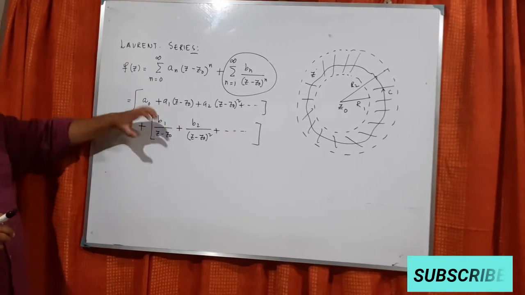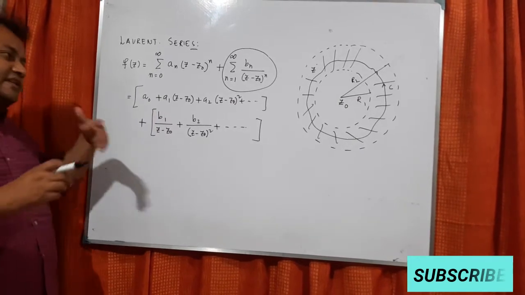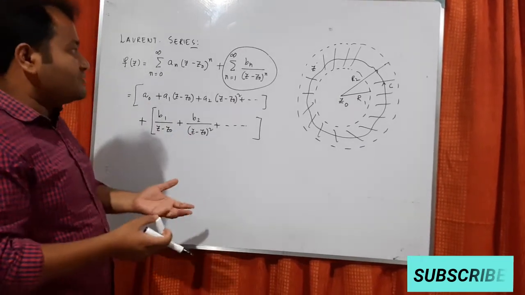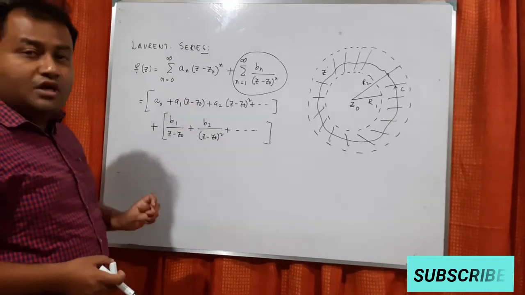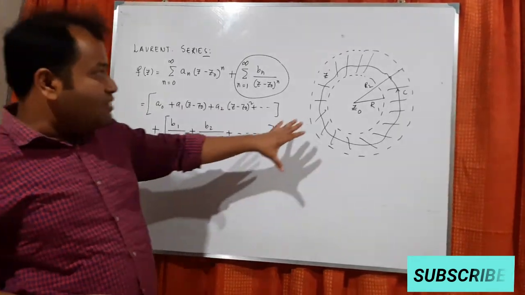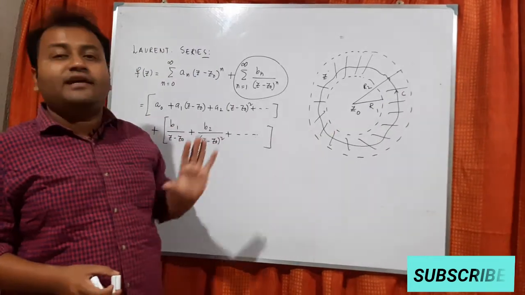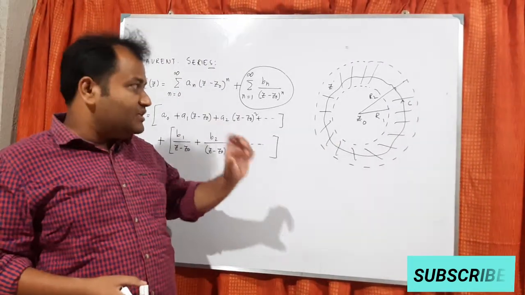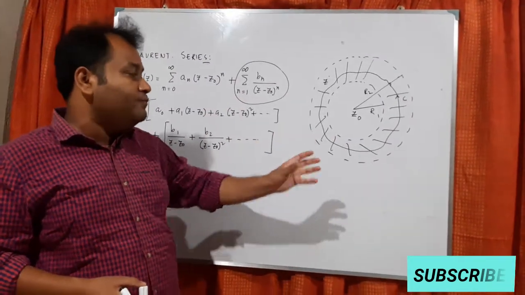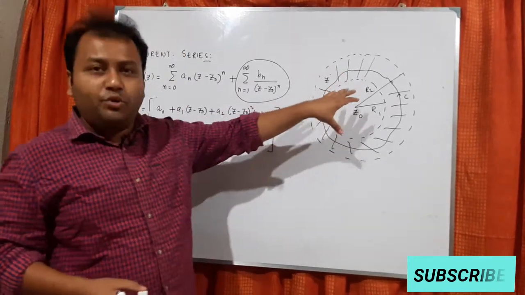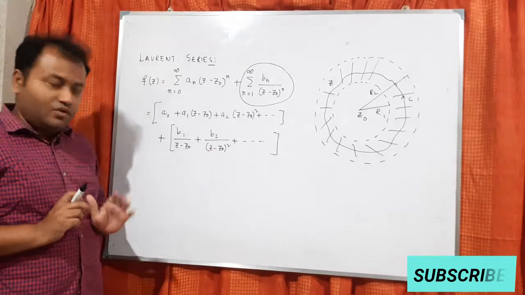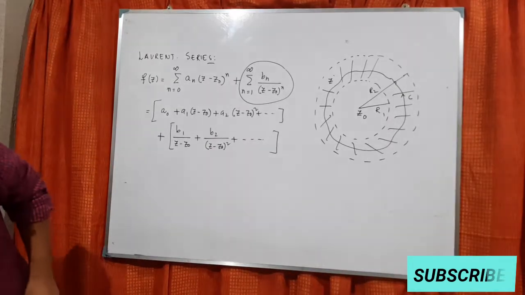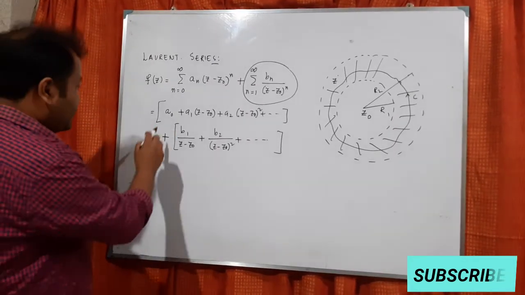Now why this is useful, that we will be discussing in some next class or next to next class. But you can understand that now we are not taking a simply connected domain. Now we are taking some domain where there is a gap in between. So this is basically one annular region.